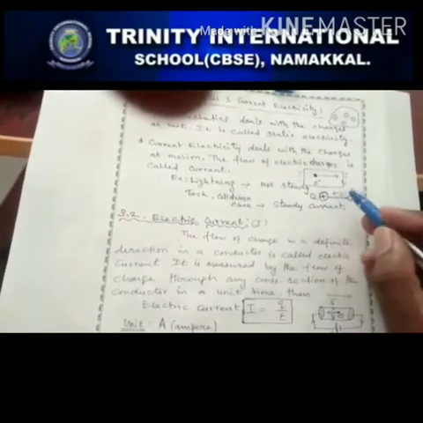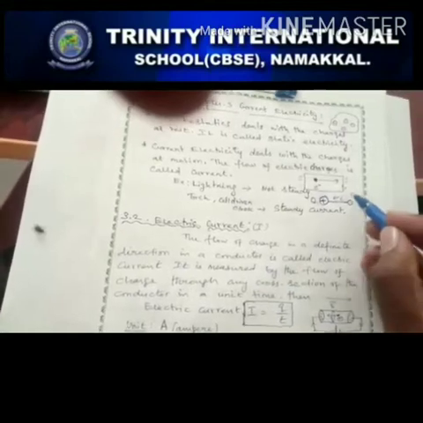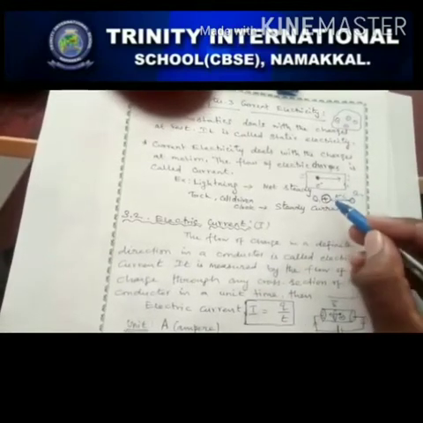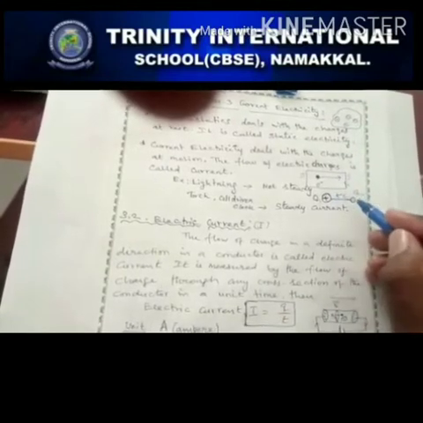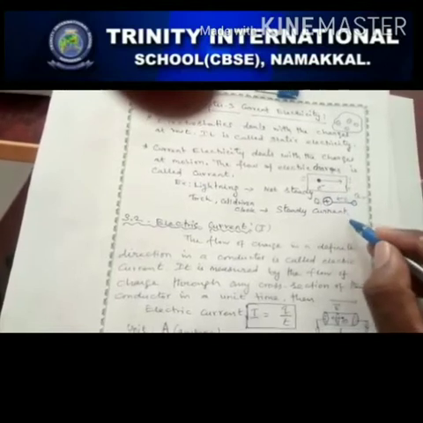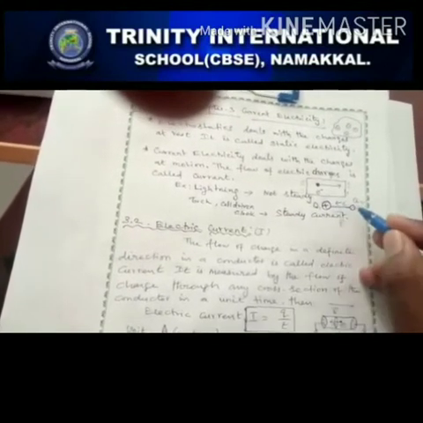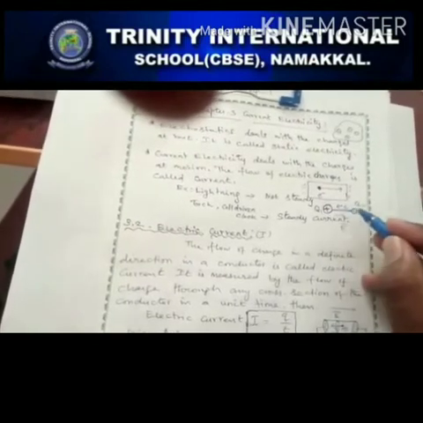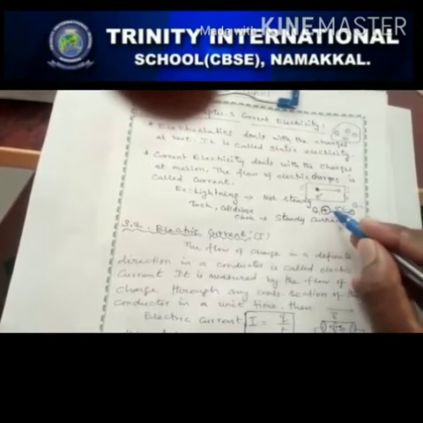Conventionally, electrons will flow from negative, that is lower potential, to higher potential, negative to positive. We know that the direction of the electric field is positive to negative, that is, higher potential to lower potential. The direction of the electric field, E, is always positive to negative. So electrons will flow from negative to positive until it is neutralized.